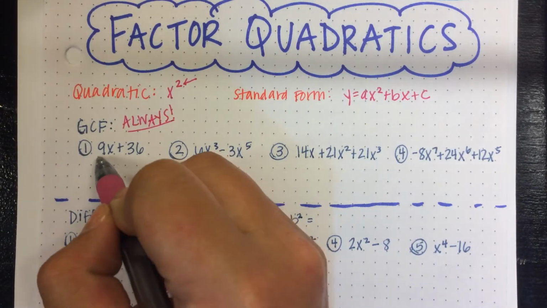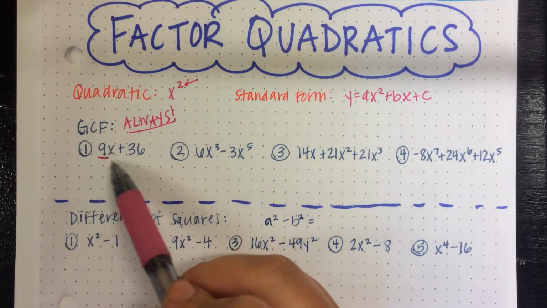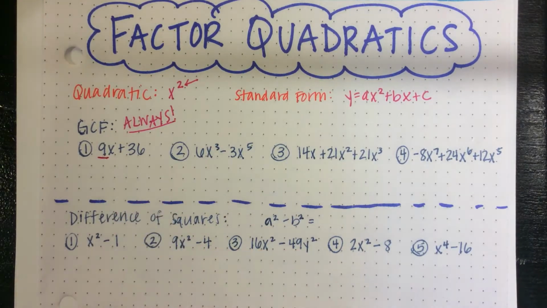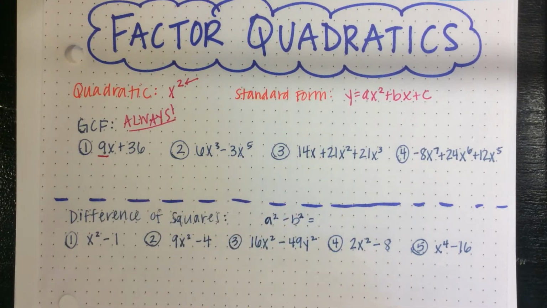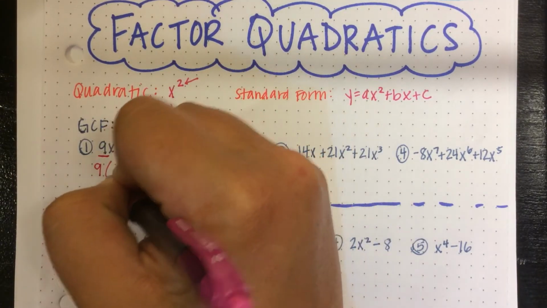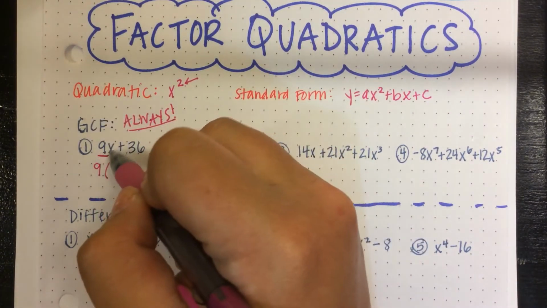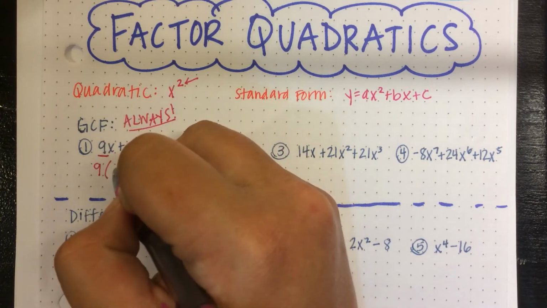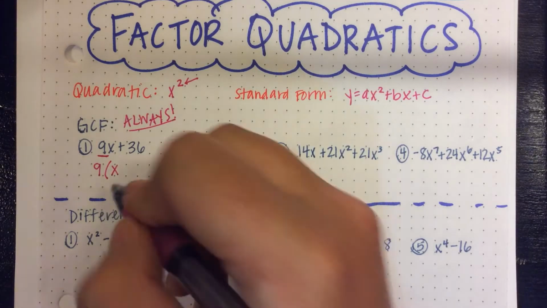So I'm going to start with the 9. All right? 9 goes into itself, and 9 also goes into 36. So I'm going to take out that 9. They don't both have a variable, so I can't include that variable in my GCF, but I'm going to go ahead and take out a 9. I'm going to put it on the outside of parentheses. When you take out a GCF, you divide by that GCF. So 9x divided by 9 is just 1x, or just x. And then 36 divided by 9